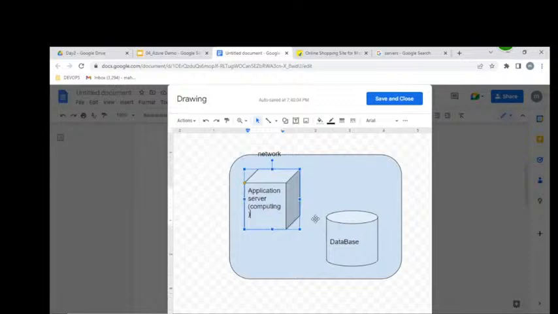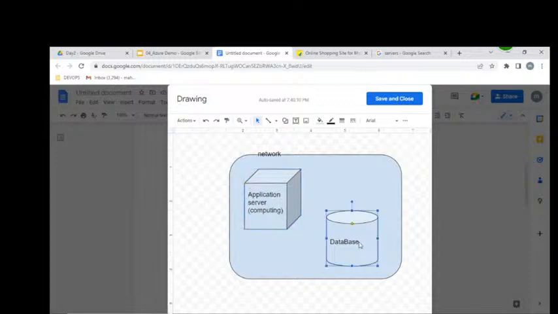Databases we use for customer information, in a tabular form.